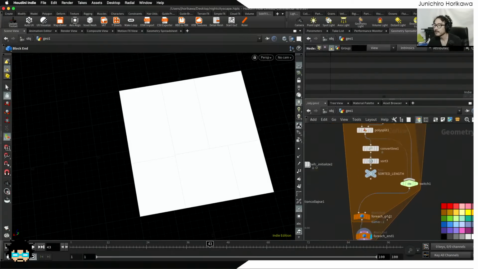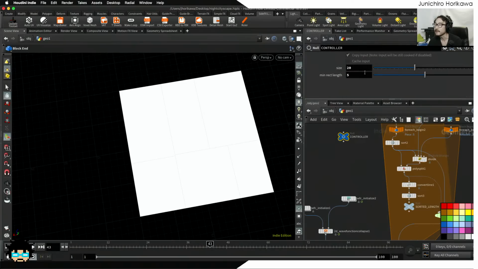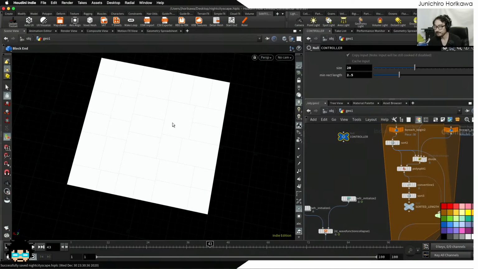Okay, but 5 seems a bit too big for the limitation, so let's make this a bit smaller. Now you start to see more split or division. Let's make it 2.5. Looks good. Right. Now, so let's say I'm good with these